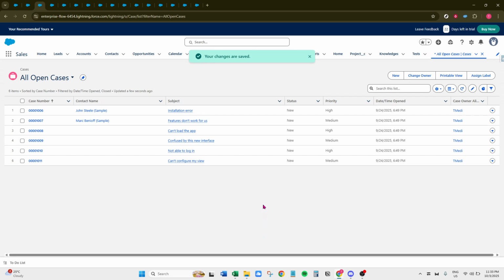So, there you have it, a straightforward guide to creating a case in Salesforce. By following these steps, you'll be able to efficiently manage cases and ensure a smooth